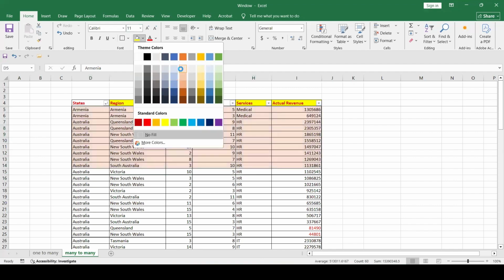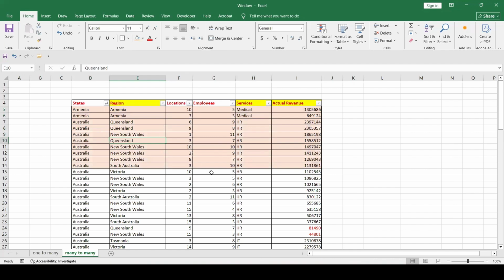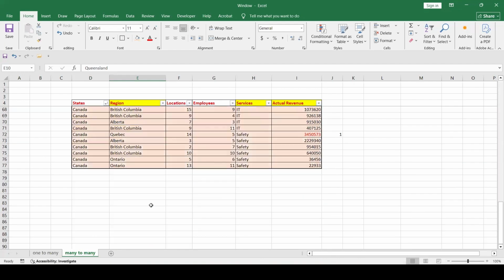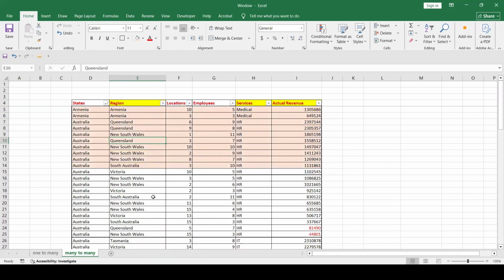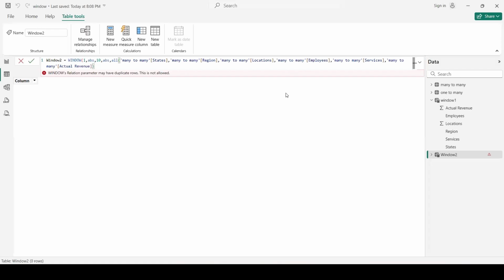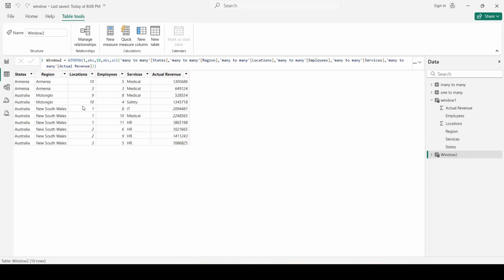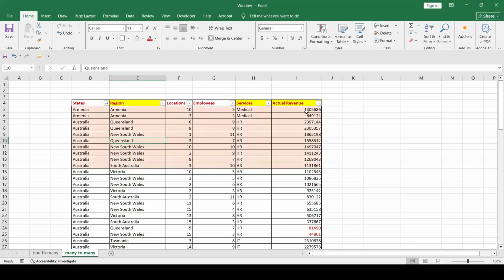The problem is that it will not happen, and we will get indeed 10 rows from this table, but it will take in consideration column states and also the actual revenue in a default order. So let's just hit enter and see what we get. So the first two rows, 1.3 Armenia, 1.3 is 600K, are actually here.